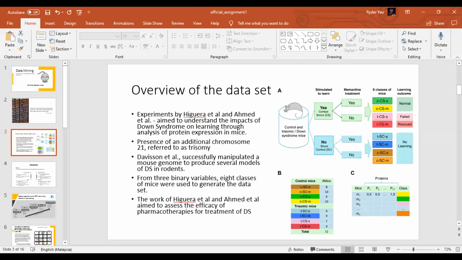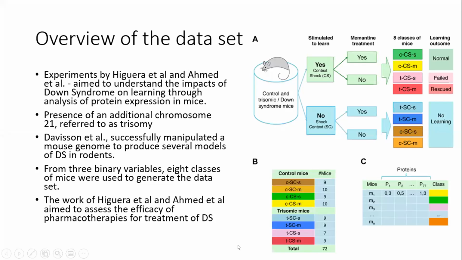This is an overview of this data set. The selected mice protein expression dataset was generated from experiments by Higuera and Ahmed. These projects aim to understand the impacts of Down syndrome on learning through analysis of protein expression in mice. Down syndrome in humans is caused by an additional chromosome 21, referred to as trisomy. Davison successfully manipulated a mouse genome to produce several models of Down syndrome in mice. After the experiments were conducted, the mice were then sacrificed and their cortical protein levels